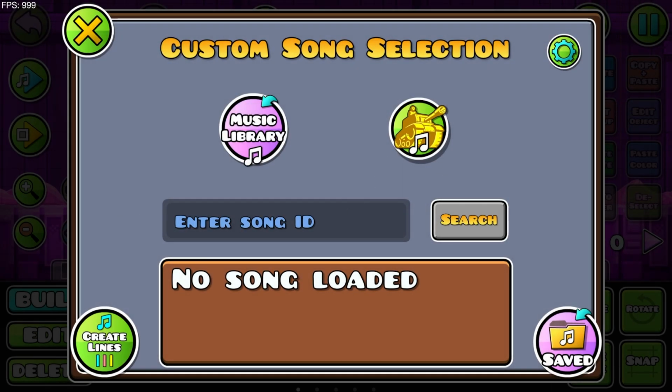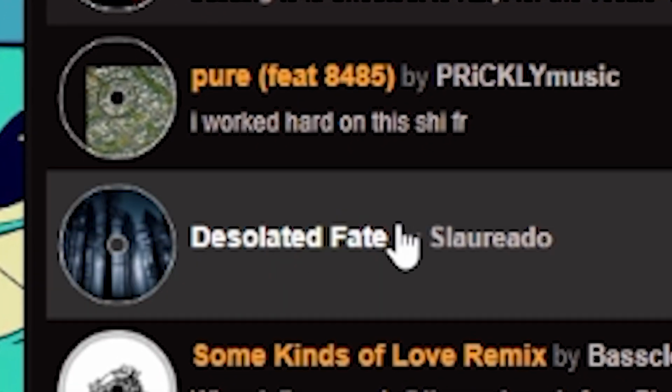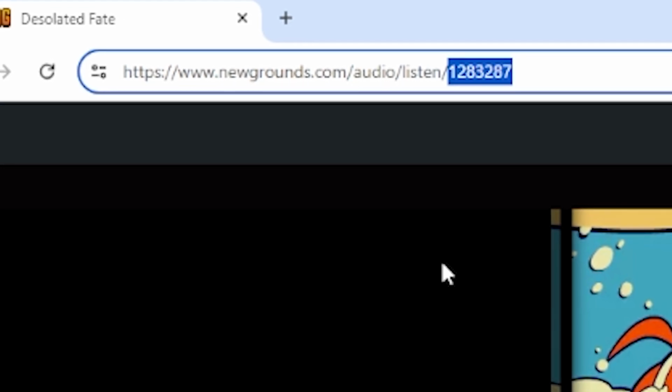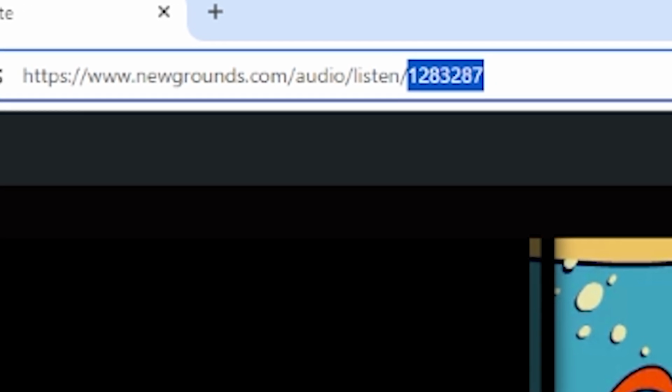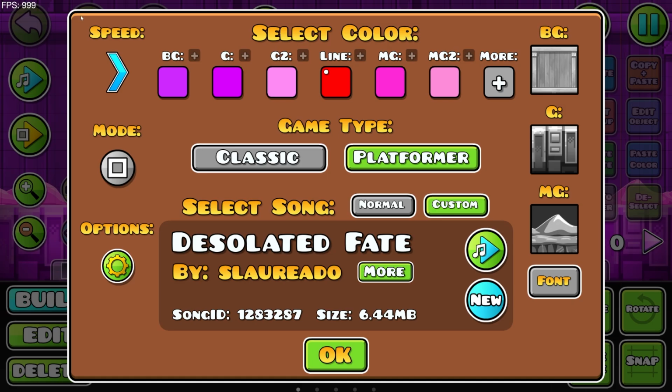There's the numbers at the end of it. So for instance, if I wanted to use, I don't know, Desolated Fate by Slaredo, all you gotta do is go to the top right corner here, copy paste it, click search, and then boom, you have the song. Then you click on download, it downloads to your local file, and then click use, and then there you go,